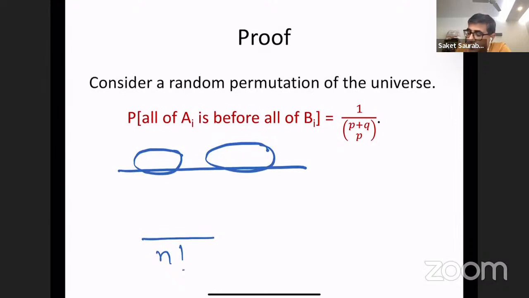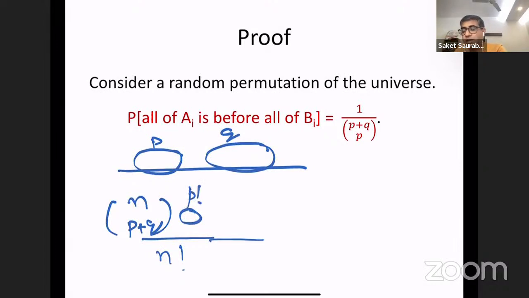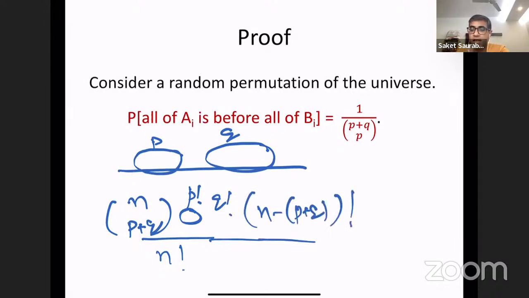So what I will do is that first I know P and Q. So first I guess P plus Q choose positions. Among them, I know that the first P positions must belong to A, but they could be in any order. So that's like P factorial. And then the rest of them belong to B, and that could be in any order. So that's like Q factorial. And for the remaining elements, I don't care where they are. So if you do this maths, you get this number. Okay. So what is the probability that all of the elements of AI occur before all of the elements of BI? So this is a bound.